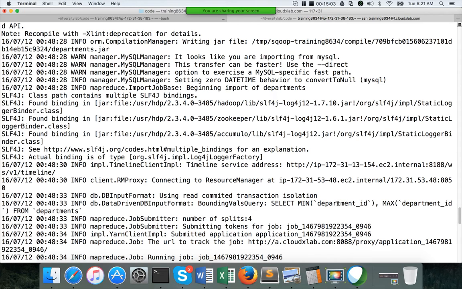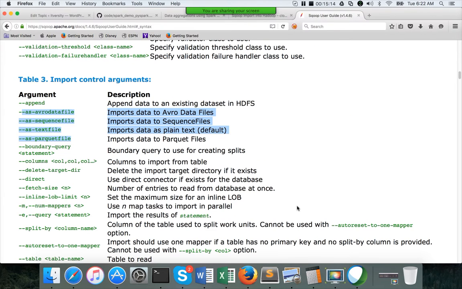If you want to address the outliers and reduce the skew in the data set, you can define the boundary query and specify whatever boundary query you want.